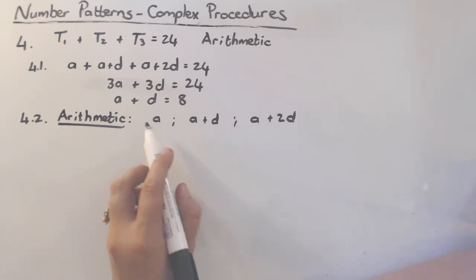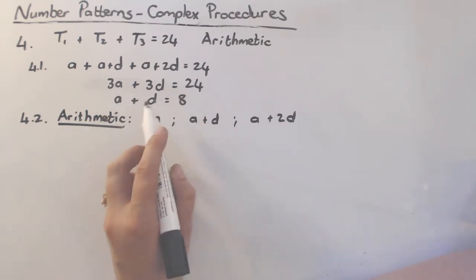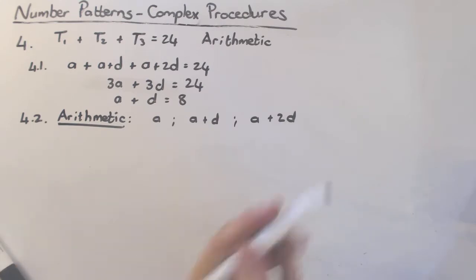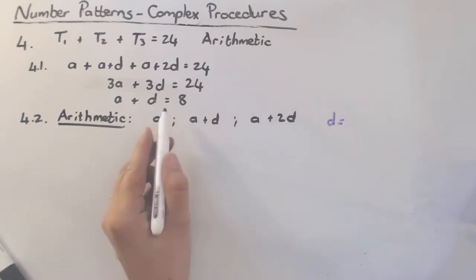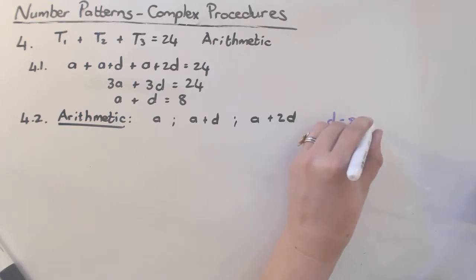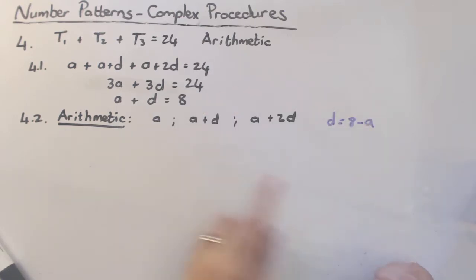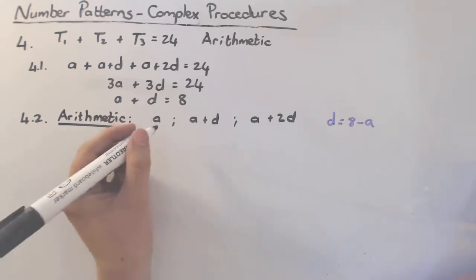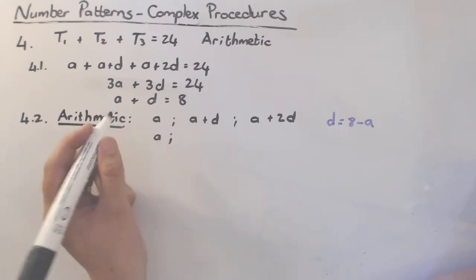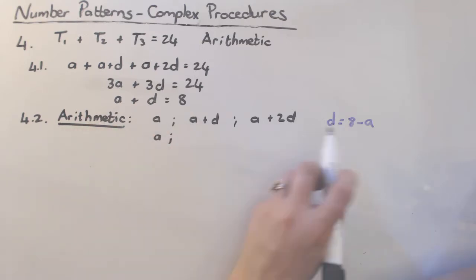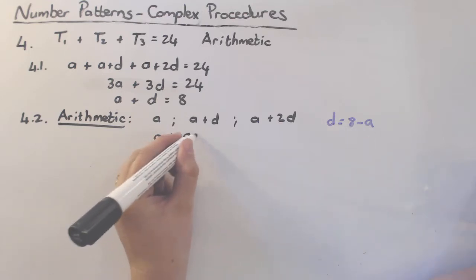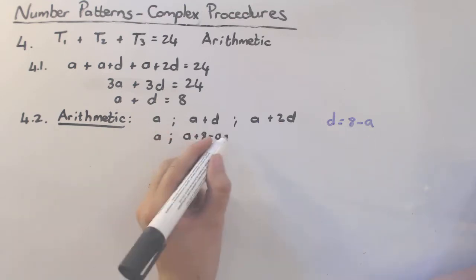But now I've got a feeling that they let me work this out so that I can substitute maybe D is 8 minus A, so that I write this only in terms of A, because two variables always complicate things. So let me rewrite this as A, then A plus D, which is A plus 8 minus A,